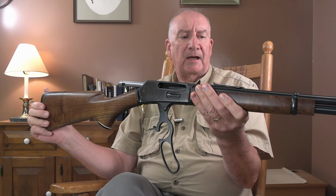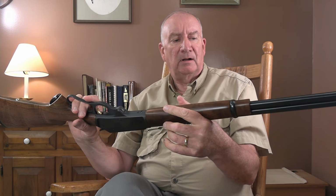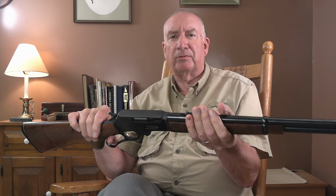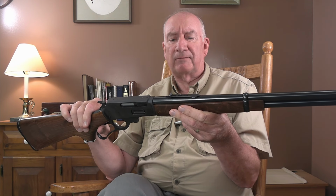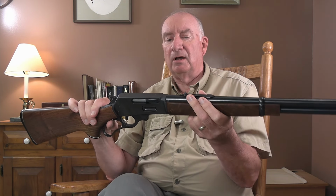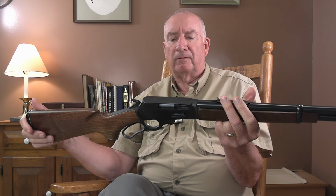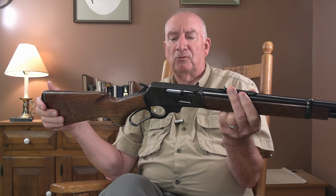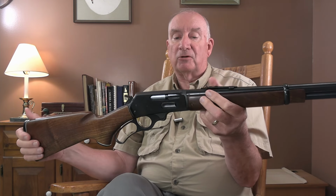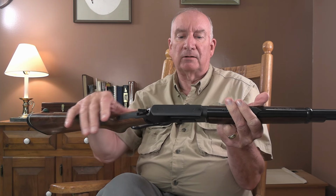The Model 336 has had a long history. This started out with the Model 1893, which lasted until 1936, when it became the Model 36. That lasted until 1948, when it became the Model 336, as I said. And the Model 336 has gone through a couple of significant changes. Actually, the very first change in the first Model 336s is the old waffle pattern that was incorporated on the tops of the receivers